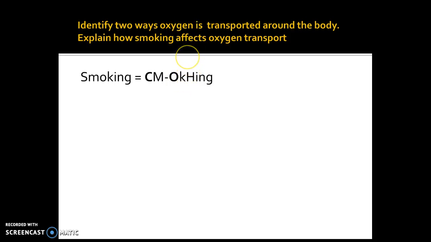So this reduces the oxygen hemoglobin association, which in turn reduces the amount of oxygen that's diffused into the working muscles, which in turn allows you to work aerobically for less time. So if I put that into there, carbon monoxide has a higher affinity with hemoglobin than oxygen, this reduces oxygen